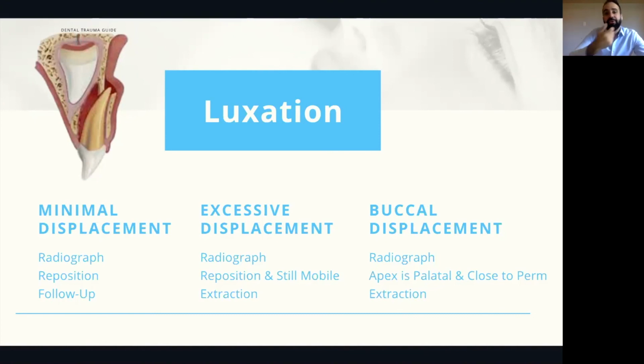However, now if there's excessive displacement, so let's say it's gone completely buccal, completely palatal. At this point, the buccal one concerns me, but so does the palatal because it's going to be in crossbite with the lower incisors, and I don't want that. In general, anything that is excessively displaced, misaligned, I will recommend towards extraction, okay? Because usually if you try to reposition these teeth that have completely...